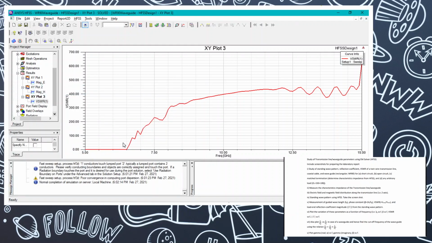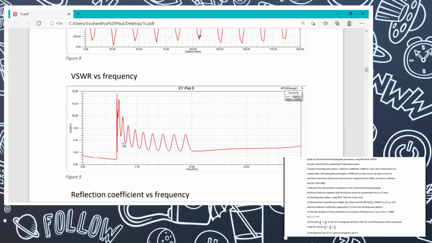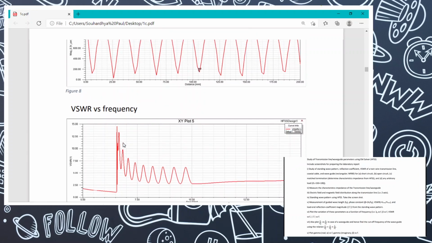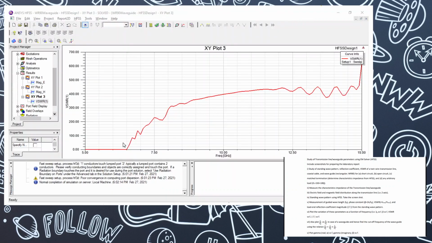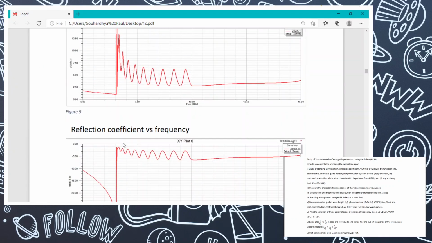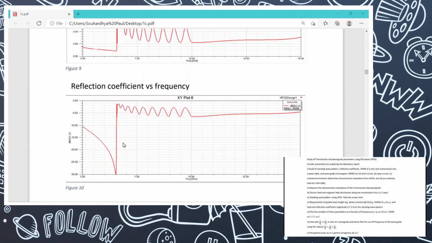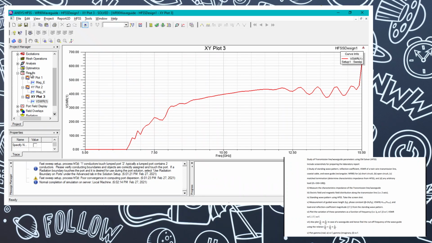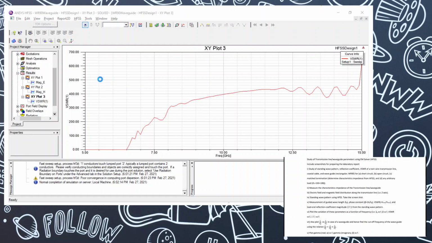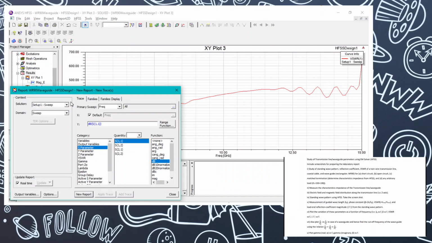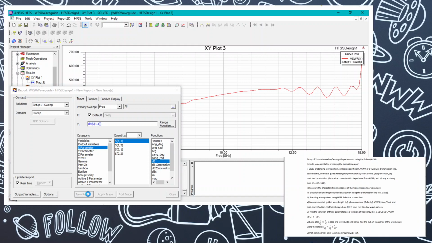This is the VSWR one strip, and this is a little bit different because of, I think, the short circuit condition. Okay, so now I'm going to use the reflection coefficient versus frequency for plotting the reflection. What we need to do is go to this solution rectangular plot, and S11 is what you should be plotting, so you can choose the S11 parameter, and this shows the reflection coefficient.